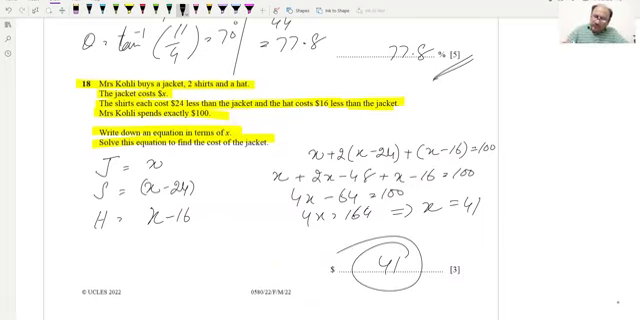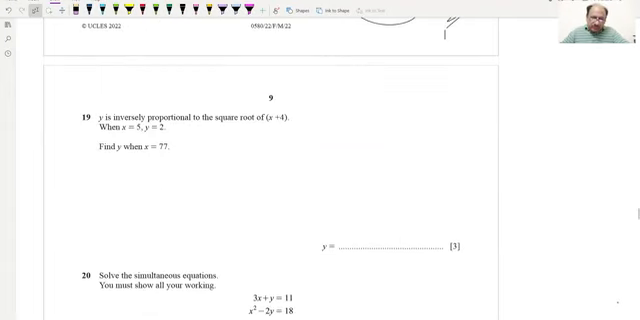We can even replace the value of x as 41 in this equation, and we should get 100 on the other side. So hopefully you can check this also. This is a 3-mark question which is done. Now question number 19, and question number 19 is